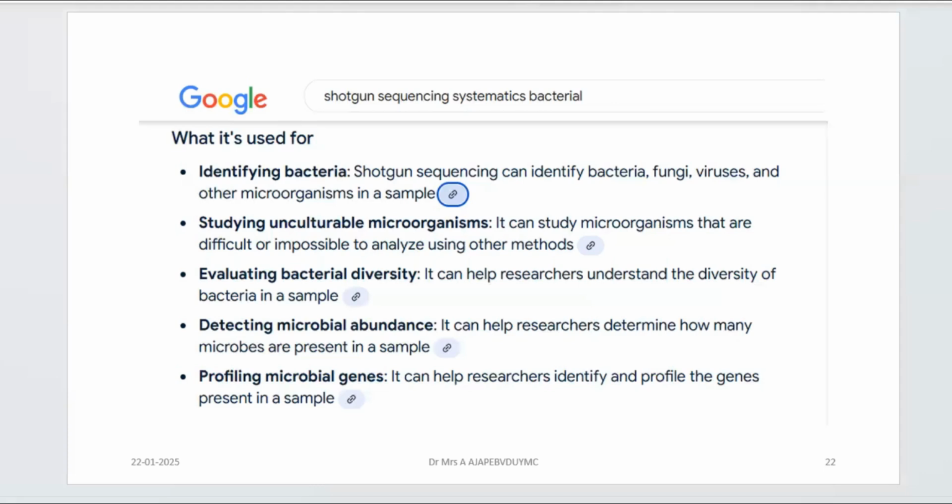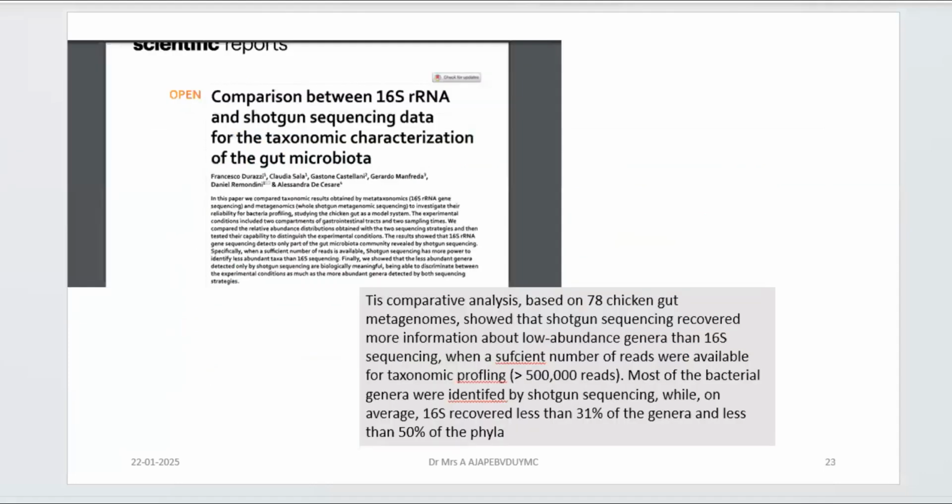So these are the different points why we study the shotgun sequencing method, which is nothing but the NGS system, next generation sequencing, as we say. So shotgun is that, right? In the previous lecture, we talked about the theory of it, if you remember. Now, I was talking about the comparison of 16S rRNA sequencing, or amplicon-based or marker gene-based sequencing, against shotgun sequencing.